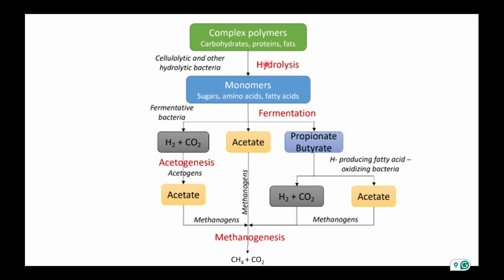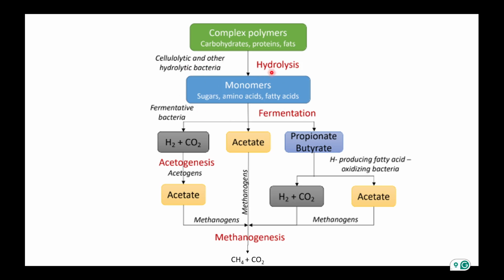Okay, so this process is called hydrolysis, and different hydrolytic bacteria and cellulolytic bacteria are present that can perform this function. There are certain enzymes present in these bacteria that can perform these functions. Okay, so to break down the bond between two amino acids that are making the protein, what is the bond called? It's called a peptide bond. And to break that peptide bond, you need some form of enzymes, and those enzymes are generally present in different organisms that can perform this hydrolysis.